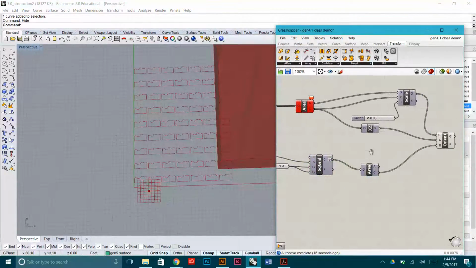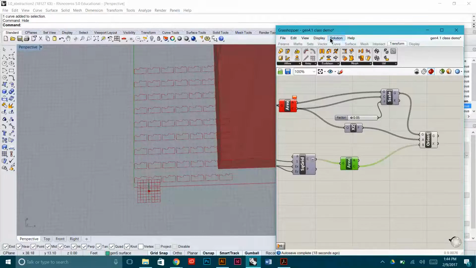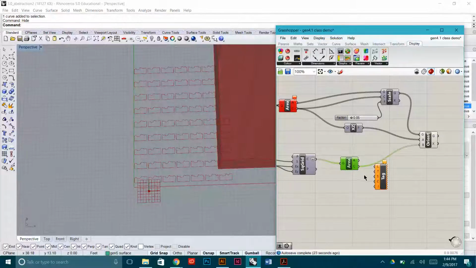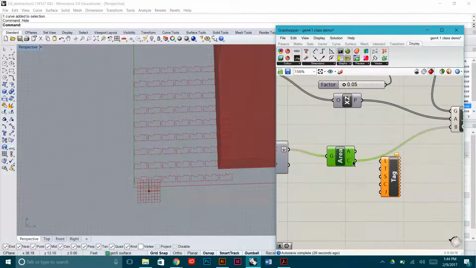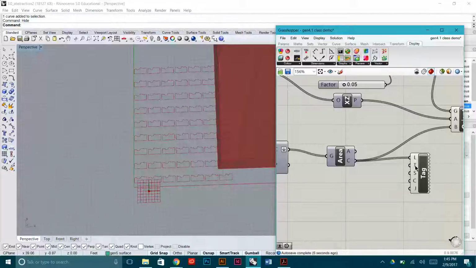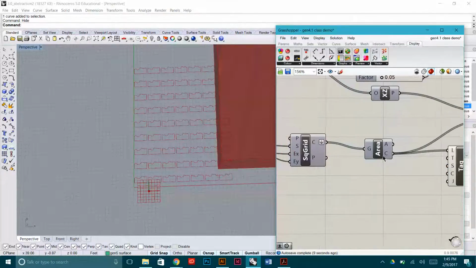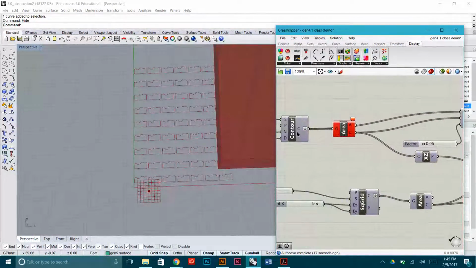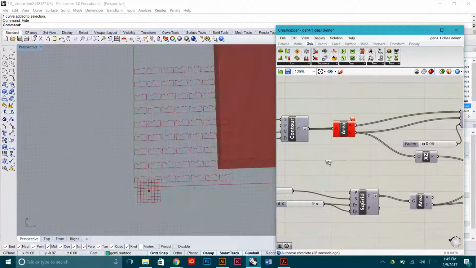Exactly. So we can just simply go to display and do a 3D text tab. Location, that's here. And this just does it in sequential order, so you don't have to worry about organizing it like that. So text: if we have contours, we know again we have, in this case, 71. So I'm going to use that same thing where I'm going to find the length. So list length,